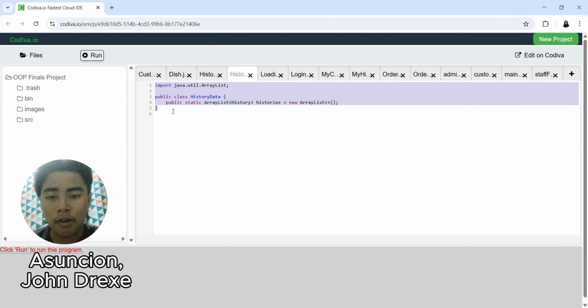Now I'm going to tackle our class HistoryData. First, the important statement of our code is import java.util.ArrayList. This line tells Java that we want to use the ArrayList class from the java.util package. ArrayList is not a basic type in Java. It's a special class used to store a list of items that can grow or shrink. Think of it like a dynamic container that can hold multiple values of a specific type, like a list